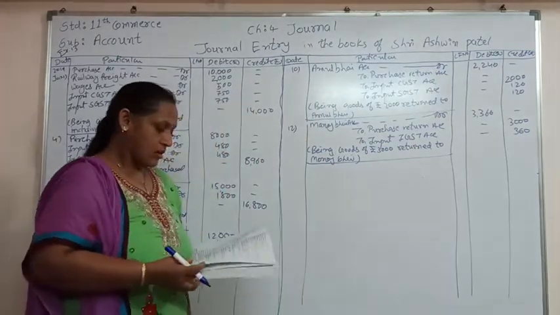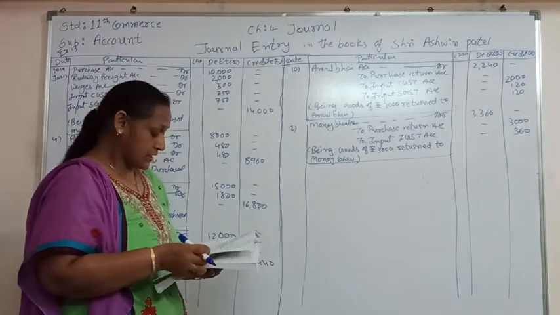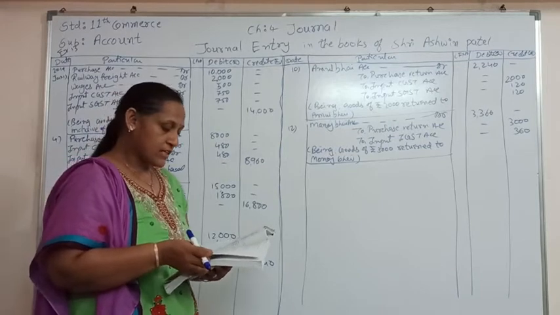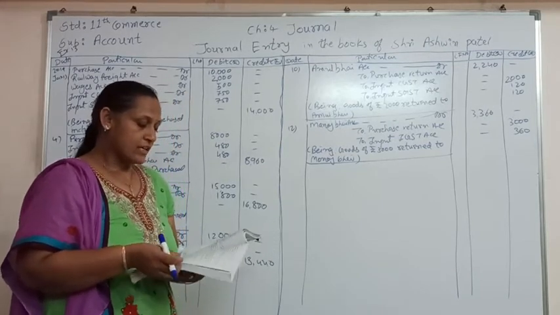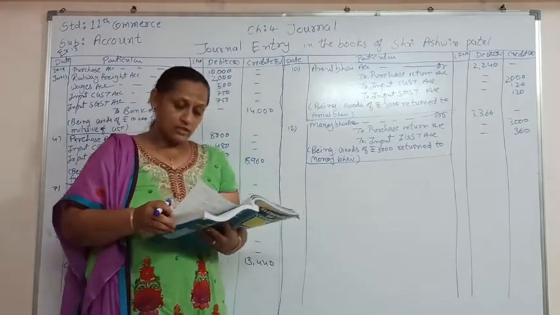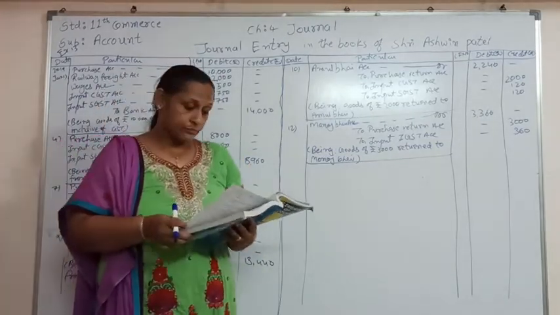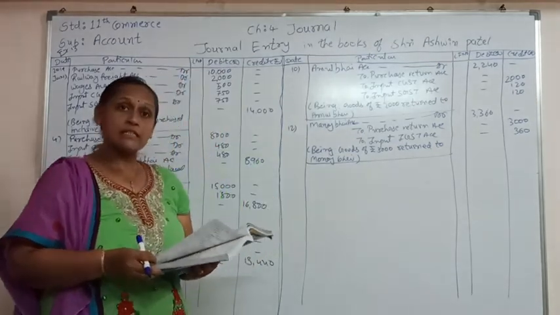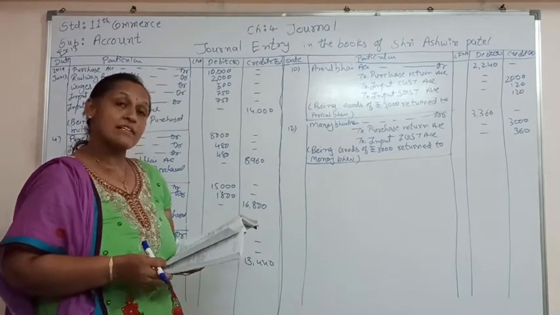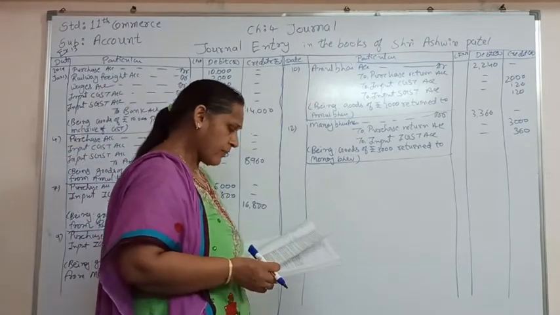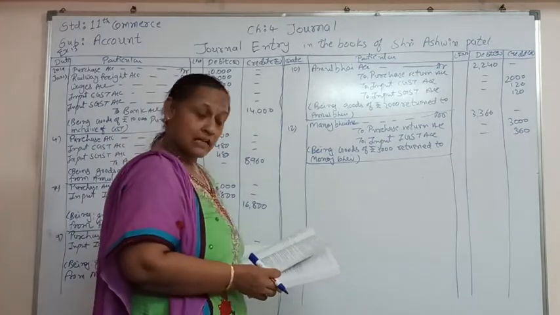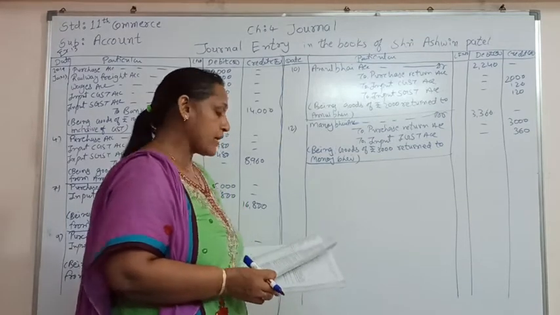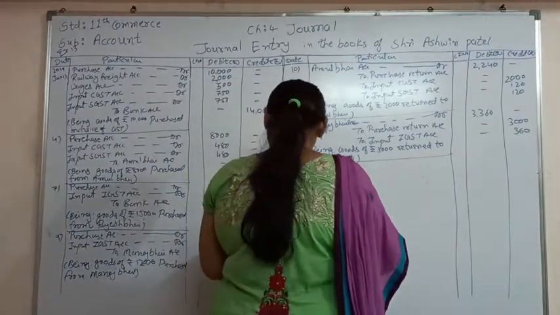Next transaction is of date number 15. Goods of rupees 15,000 sold to Keval Bhai of Kesod and payment is received by check. So here Kesod is in Gujarat. So this is the transaction where we have sold the goods in Gujarat. So output CGST, output SGST account is going to be credit here. We have received money through bank. So bank account debit to sales account to output CGST, output SGST. That journal entry is supposed to be passed.